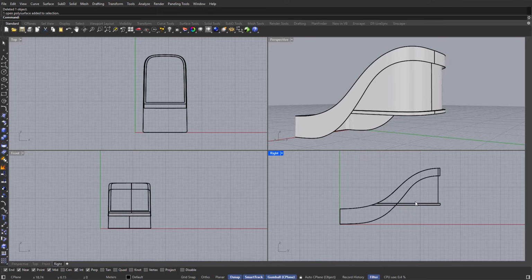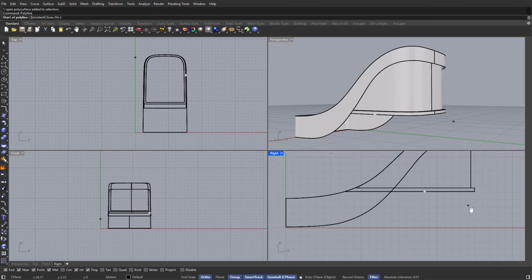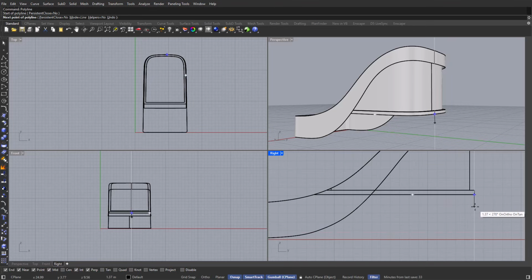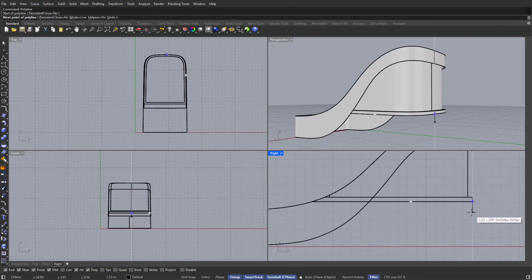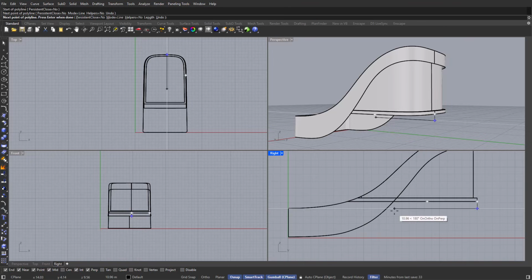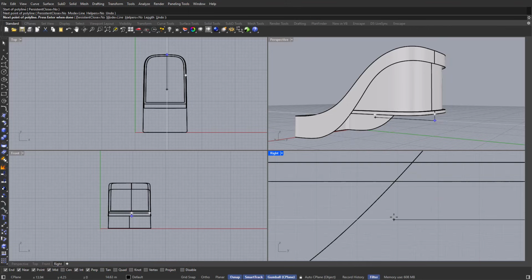The structure is going to be basically an arch, because if I introduce a rectangle, it's going to break our design intention a little bit. So we need to be careful with that. I will be starting with a polyline, so we can go ahead and type in polyline. And I'll start off by clicking on my slab, bringing it down here. And this is going to be around 0.5 or probably 1 meter in width. I'll drag it all the way to this side, more or less where we have this intersection going on, and